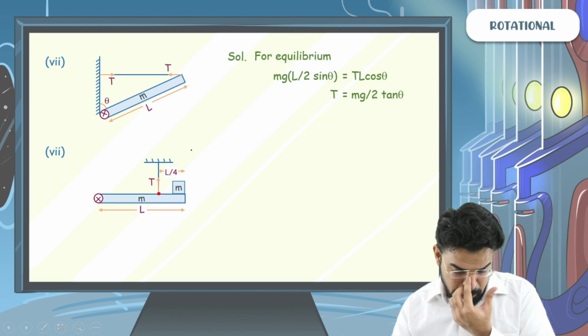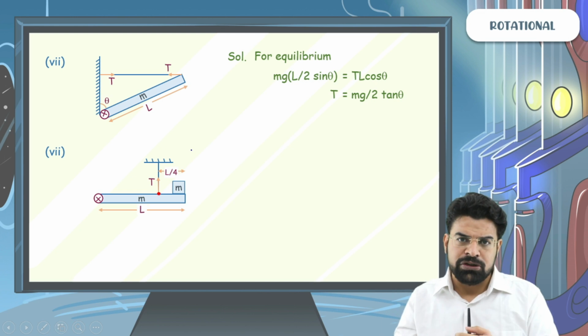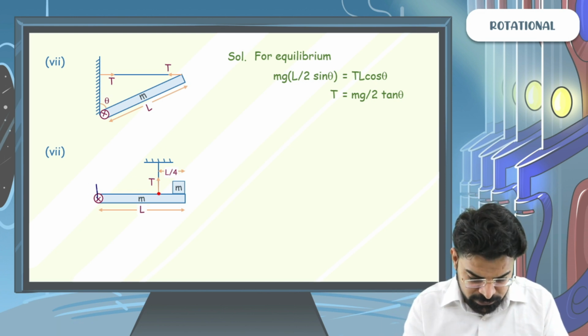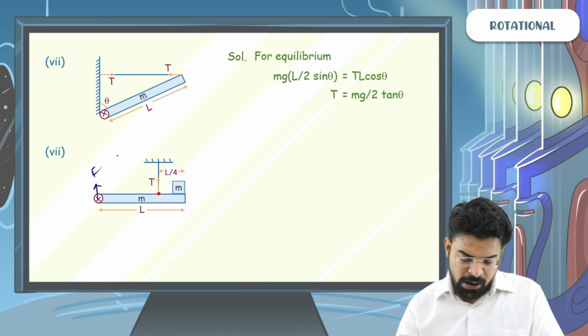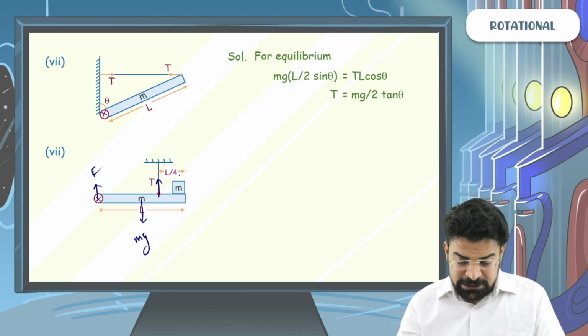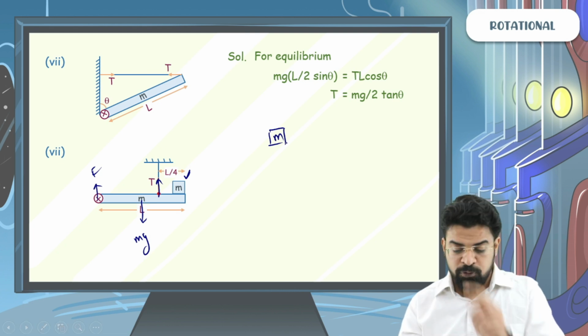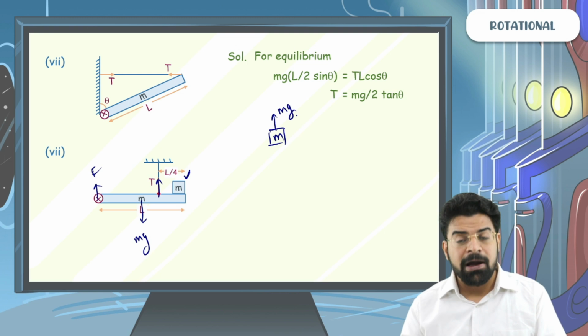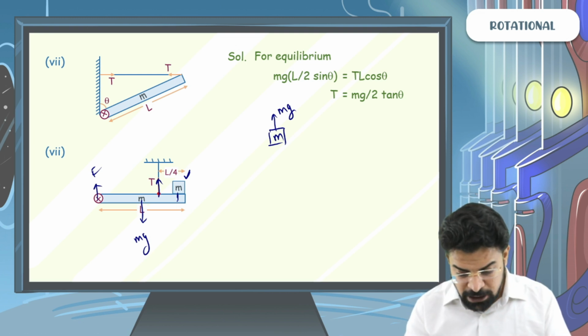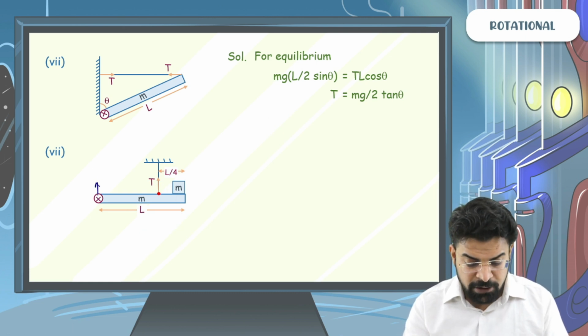You will say, sir, now on this rod, if the rod is in equilibrium, there are more forces. One will be the force by the hinge, let's assume it upwards. One will be the force of gravity on the rod. One will be the force of tension on the rod. And since this mass is in equilibrium, the rod must be applying an upward force mg on the mass, and by Newton's third law, this mass will be applying a downward force of mg on the rod. So there will be a total of 4 forces on the rod.